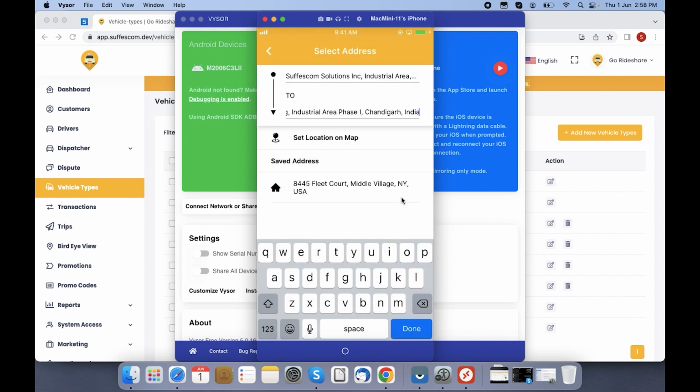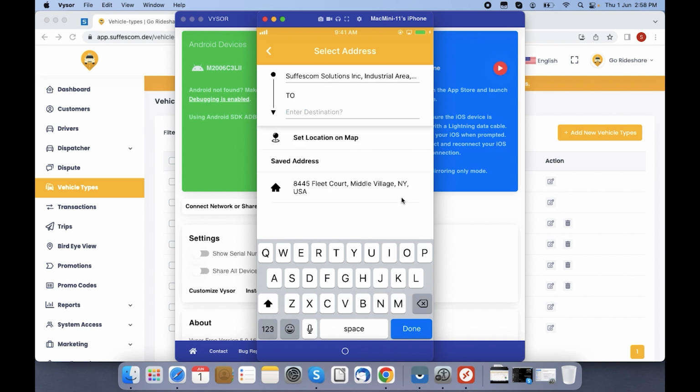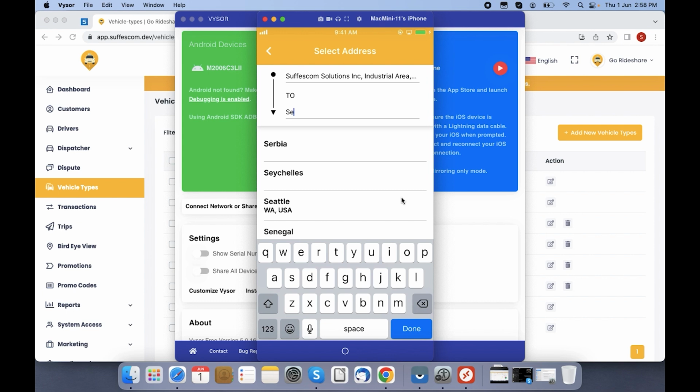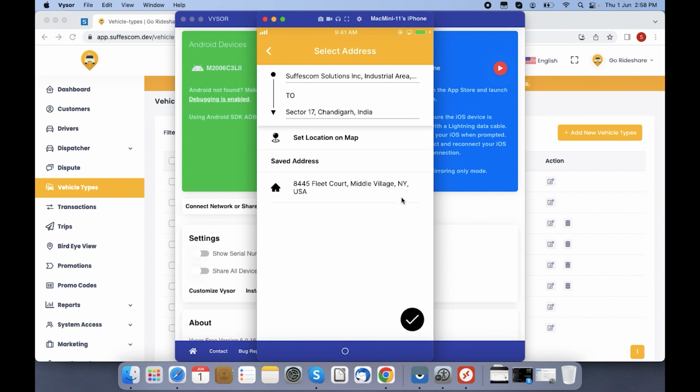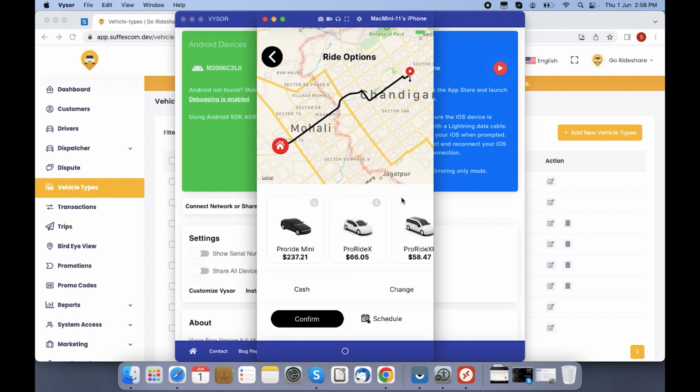Next, just enter the pickup and the destination locations. I can view the vehicle types which are available, and